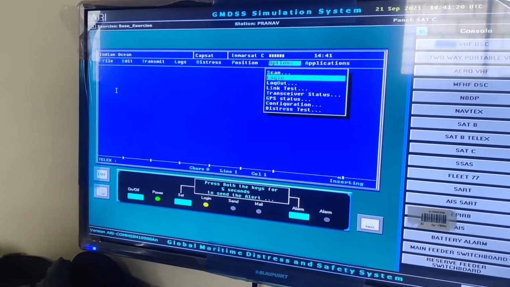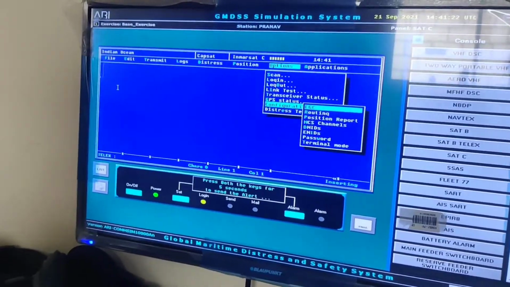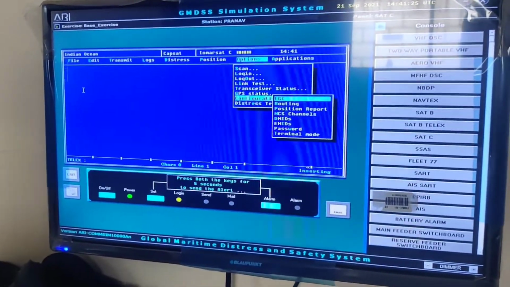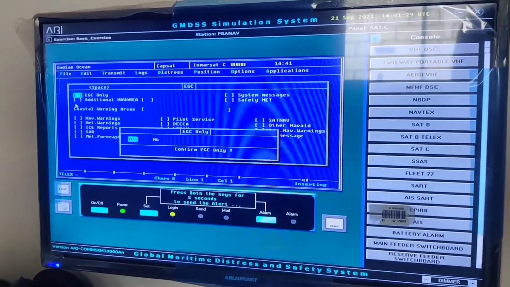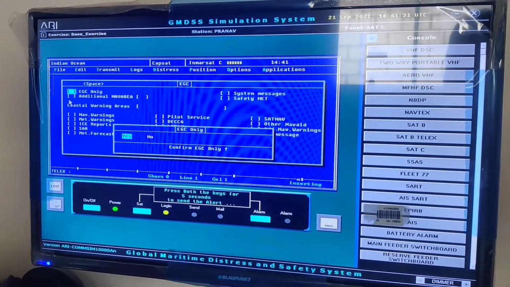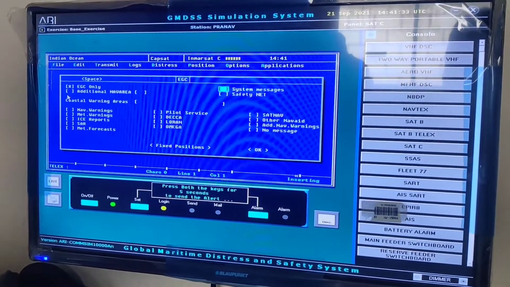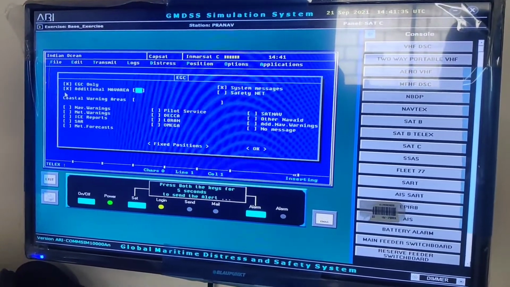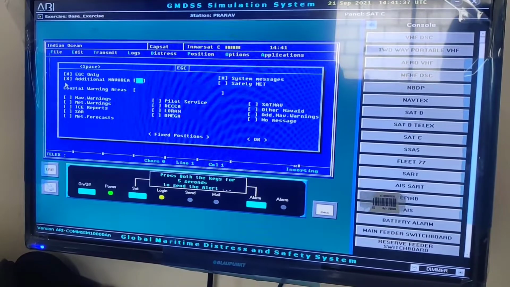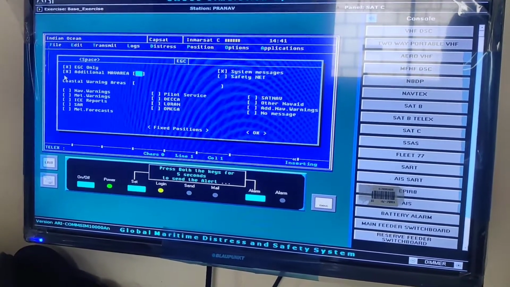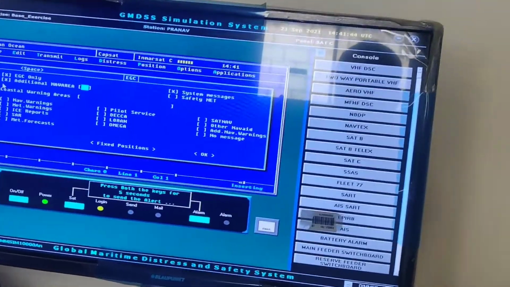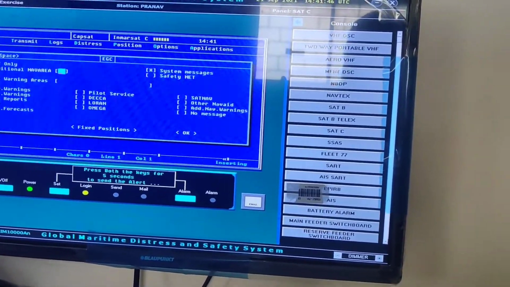Press Alt O, go to configuration, go to EGC, press enter, select EGC only, confirm EGC, yes. Then select the specific message types, all these message types or nav area, suppose nav area 8 you want to select. Here it is not coming, but generally it comes.